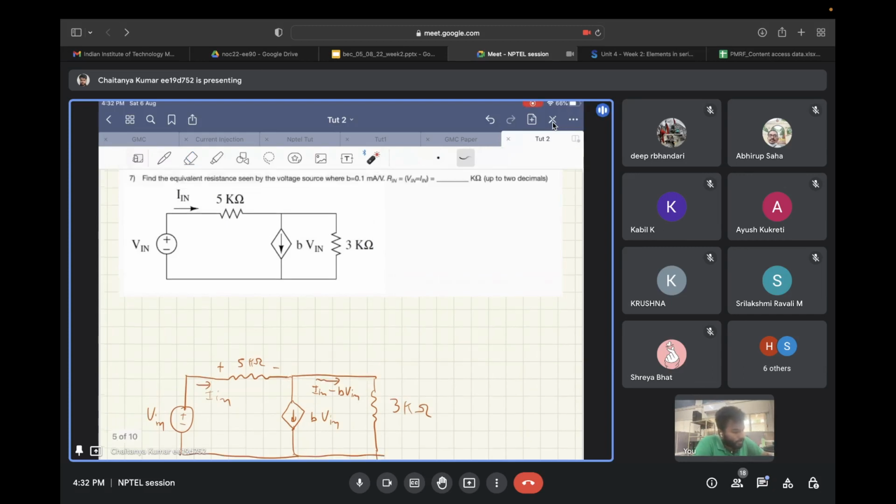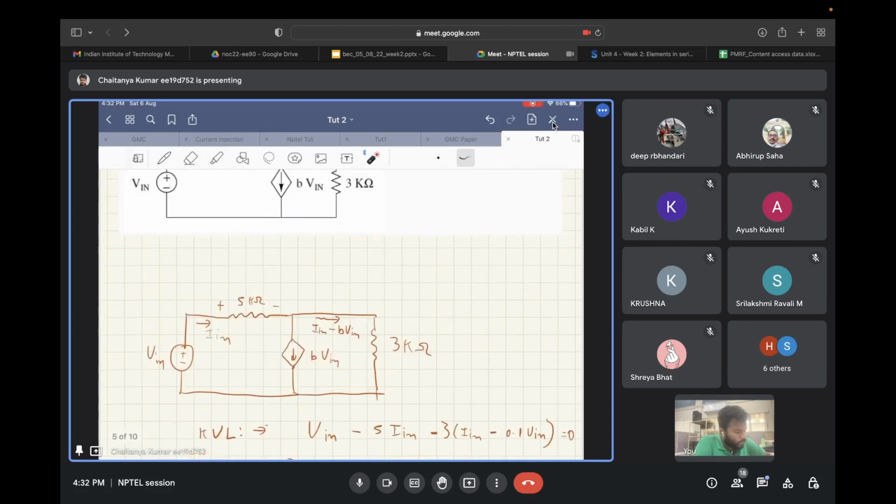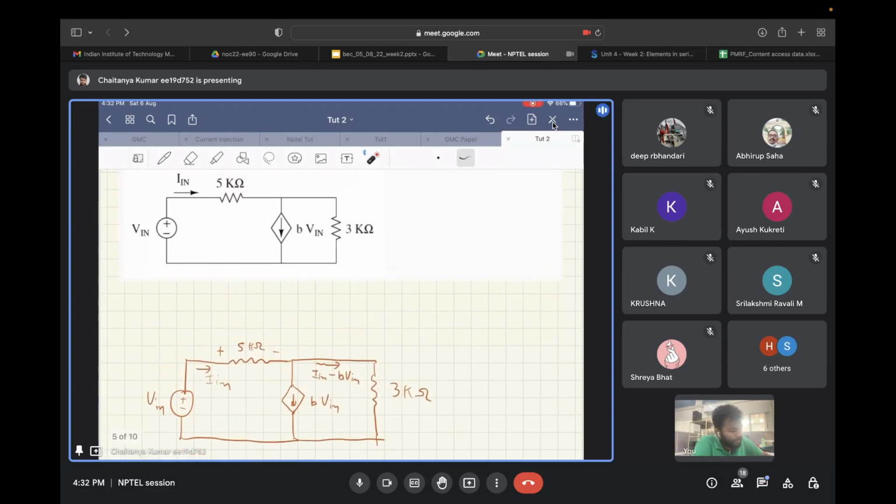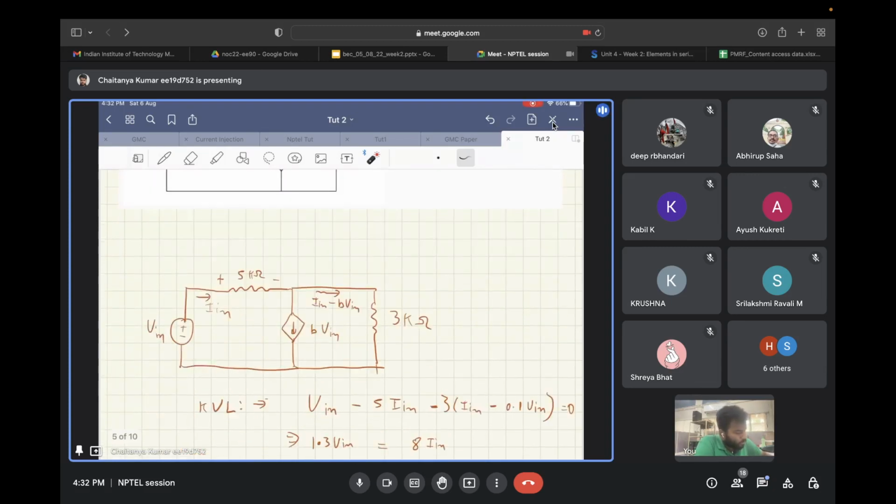we need to see that we have a loop over here. Okay, let's call this L1. Now, to apply KVL in this loop, what equation we will write? We will write the following equation: